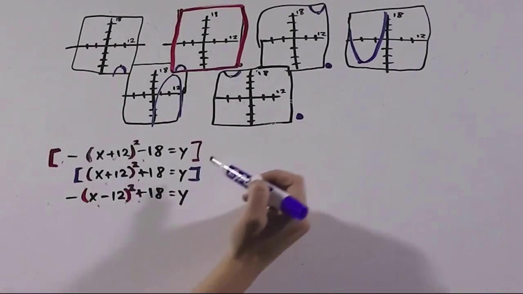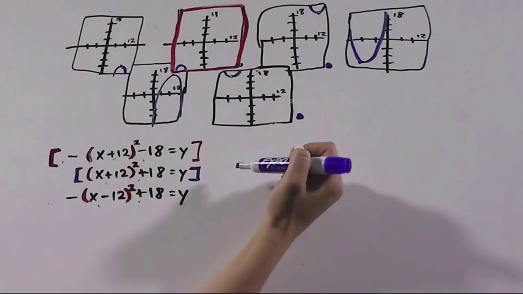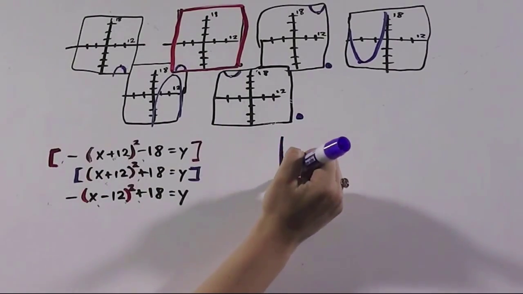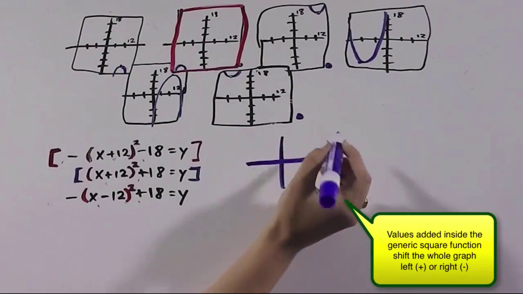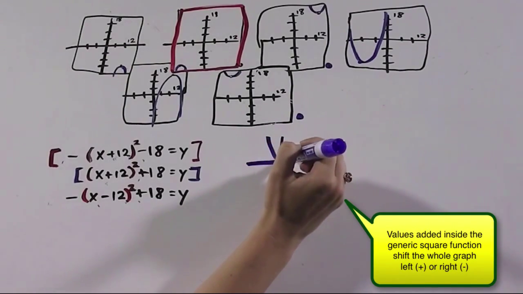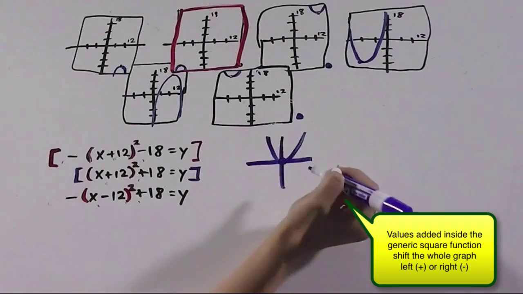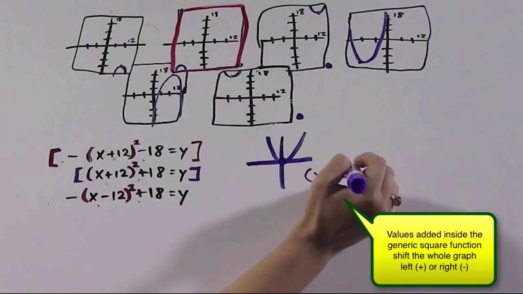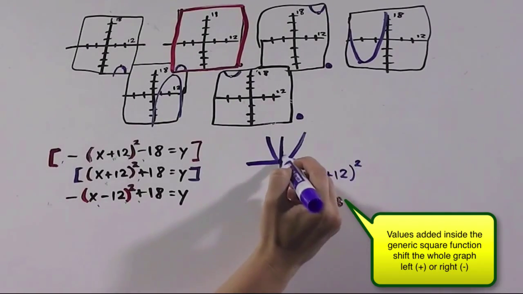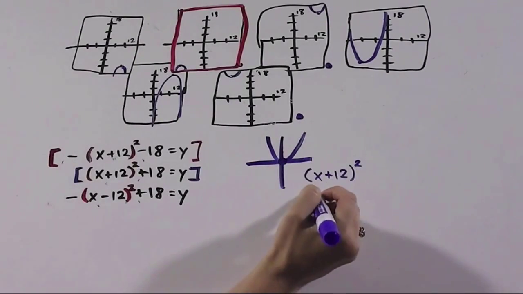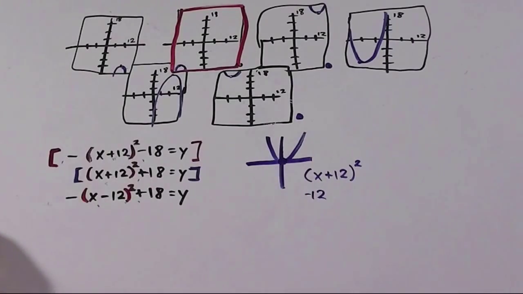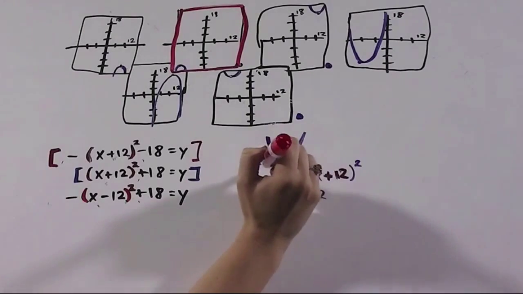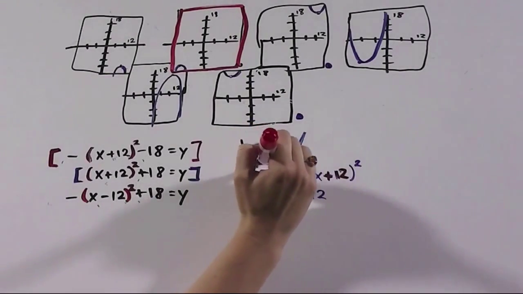And then let's see what this 12 does. Well, it's a positive 12, which, if we remember, let's just review that one more time. If we've got a function and the apex point is usually at 0, if we have instead x plus 12, then how do we end up with y equals 0? Well, we have to plug in a negative 12 here. So that means that our function, if we add 12 to the inside, has to scoot over to the left